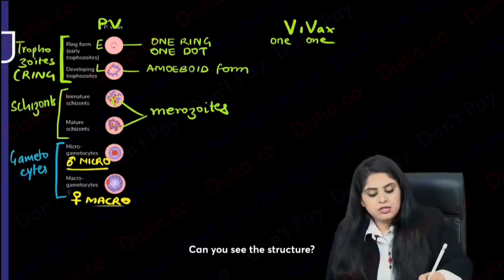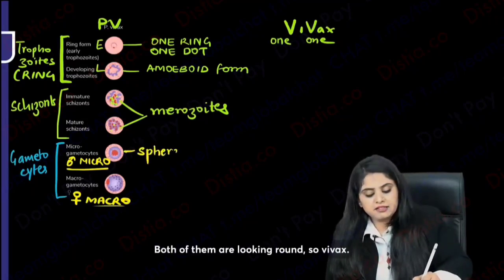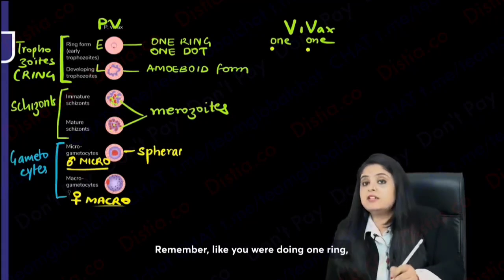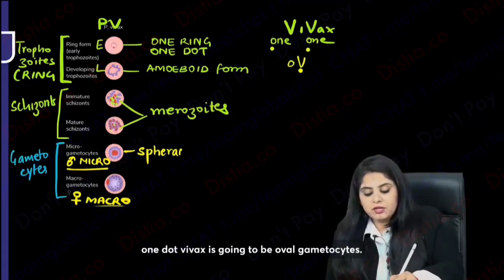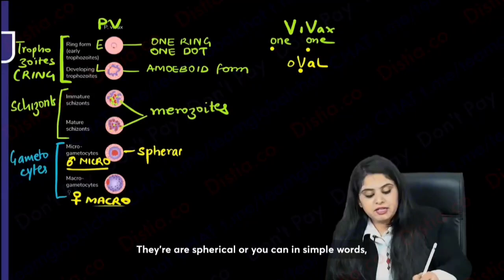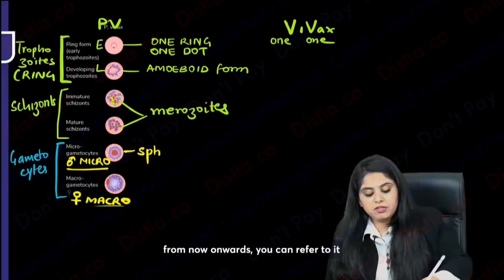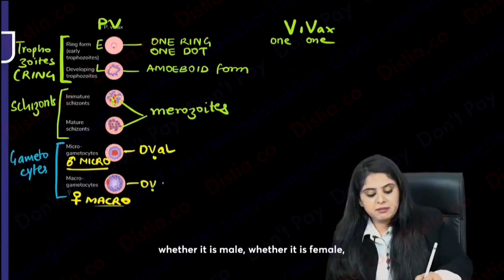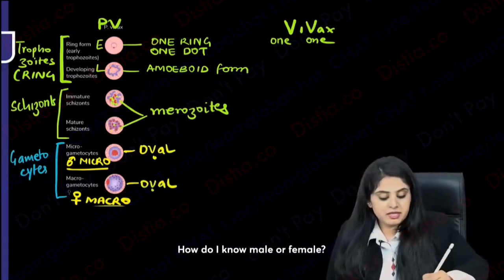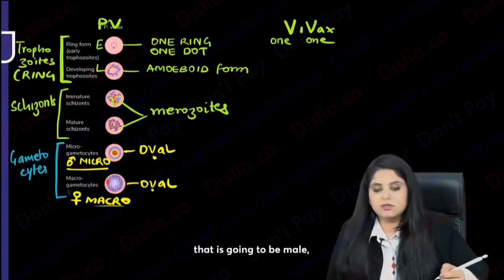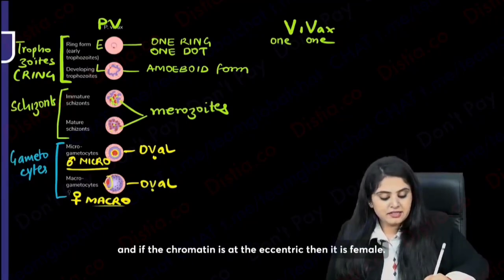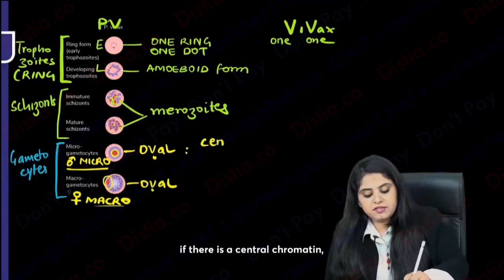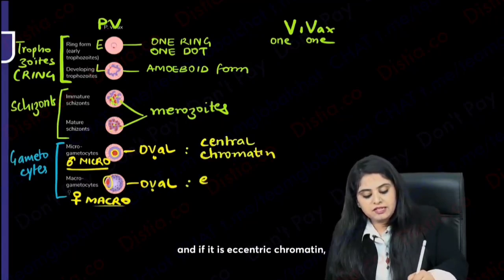Can you see the structure? Both of them are looking round. So vivax, remember vivax, like you were doing one ring, one dot. Vivax is going to be oval gametocytes. They are spherical, or in simple words, from now onwards, you can refer to it as oval gametocytes, whether it is male or female, oval or spherical. How do I know male or female? If the chromatin is in the center, that is going to be male. And if the chromatin is eccentric, then it is female. So please remember, if there is a central chromatin, it is going to be a male gametocyte. And if it is eccentric chromatin, it is going to be a